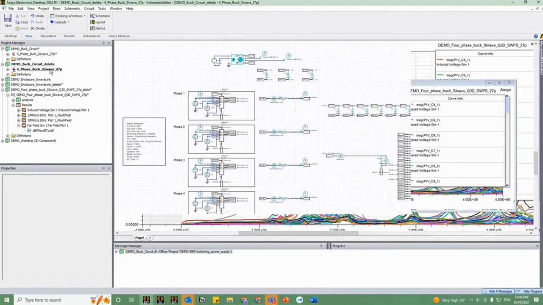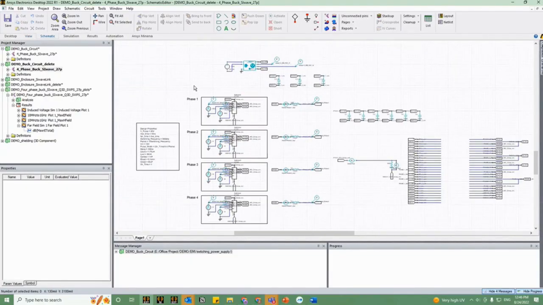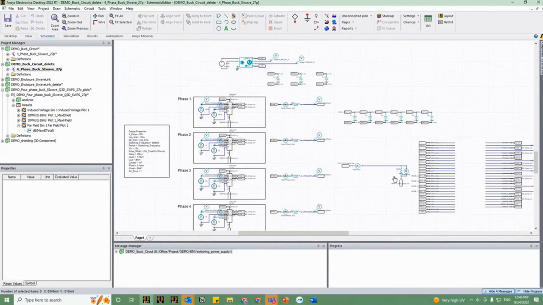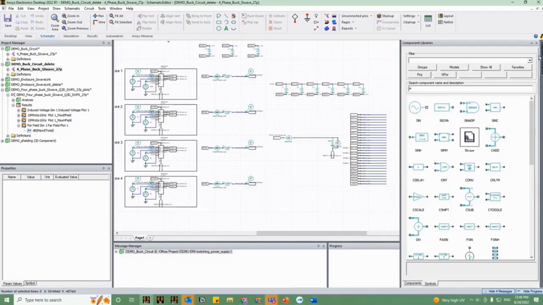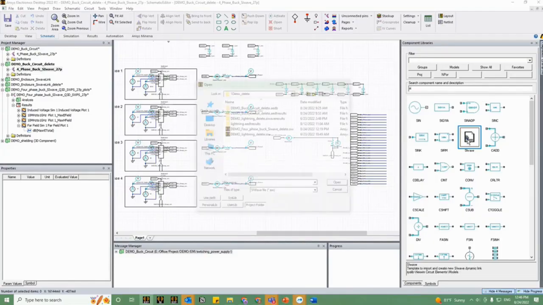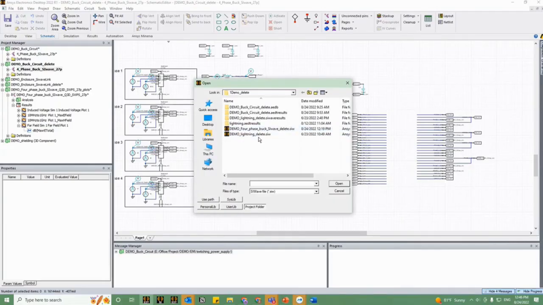So we go back to our circuit here. This is already a circuit that is set up. In this circuit, we have all these page ports. Here is where we will drop our SIwave PCB model. So we will go ahead and select, and click SIwave, and then here we will bring in SYZ